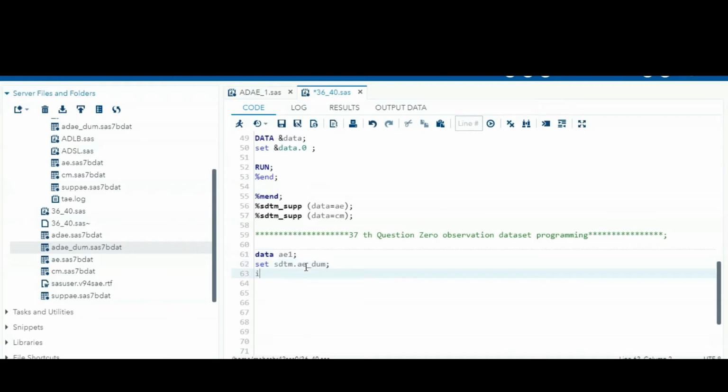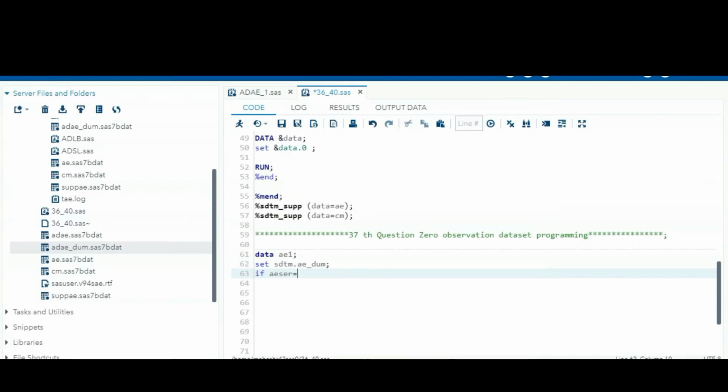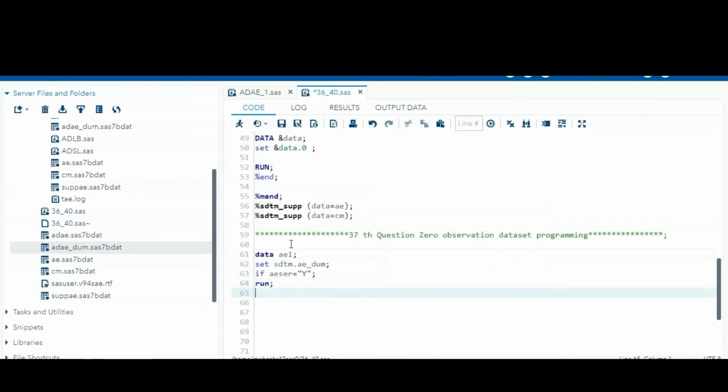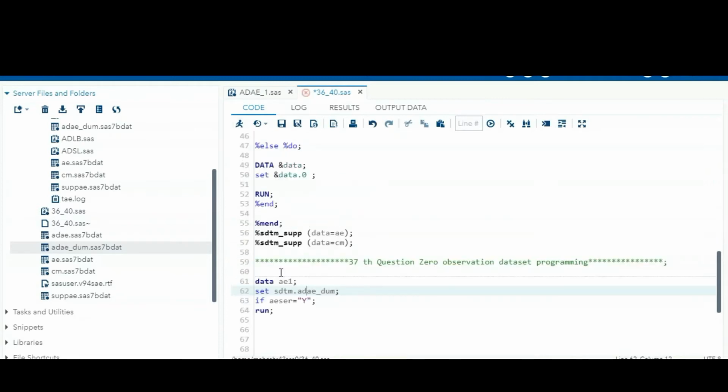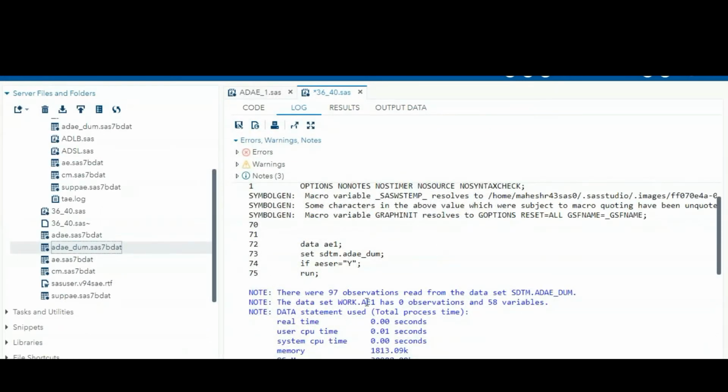If you apply the condition as per your listing or table, for example AESER, serious adverse events only, if they are asking for that, and you filter on that condition, you get only 0 observations.